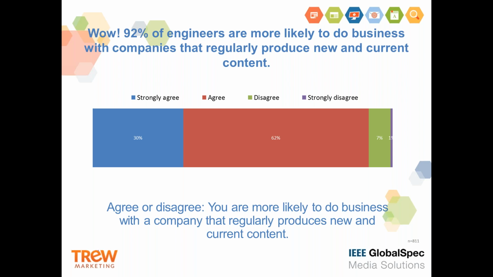And it's interesting, on this one, I don't have geographic or age breakdown because there really wasn't any significant difference. Engineers of all ages and all regions of the world want to do business with companies that produce high quality technical information that they can trust to help them solve the grand challenges they're facing in their applications. So as I like to say, content is the currency of marketing today. It's the fuel that drives that high performing website engine and produces results throughout your pipeline from the top all the way to enabling sales at the bottom.